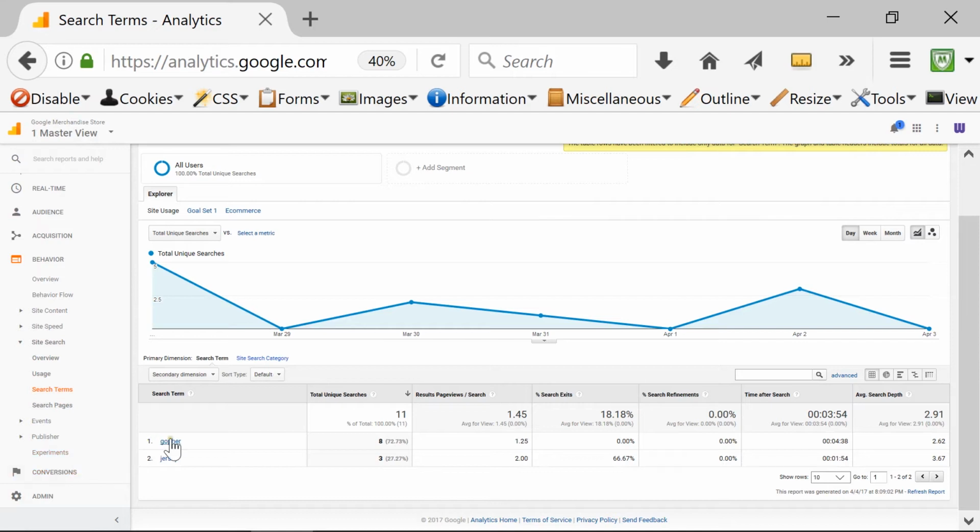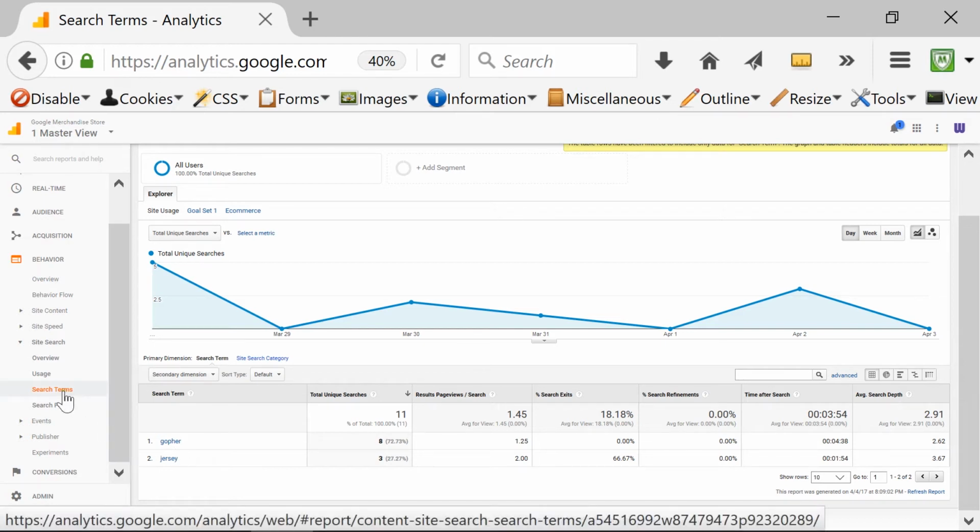You can see here these two words. Obviously, this has not been active for a while, so I don't see a lot of search terms, but if your website has a lot of traffic, this section will be of great value and a wealth of information. So make sure you maximize your usage of the search terms and allow Google Analytics to get this data into